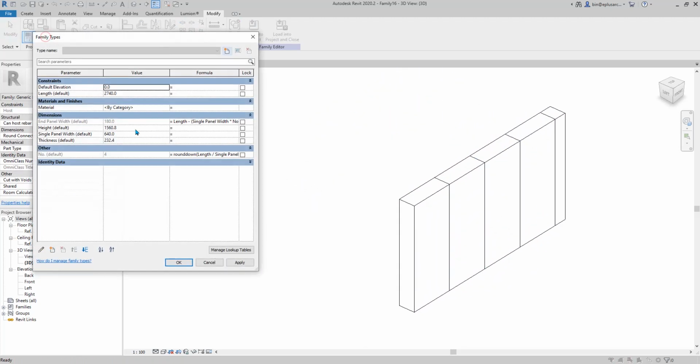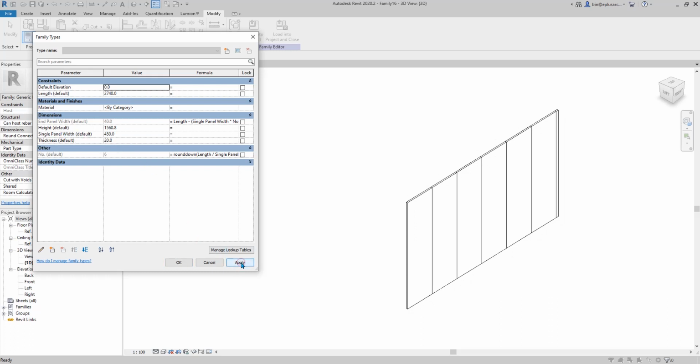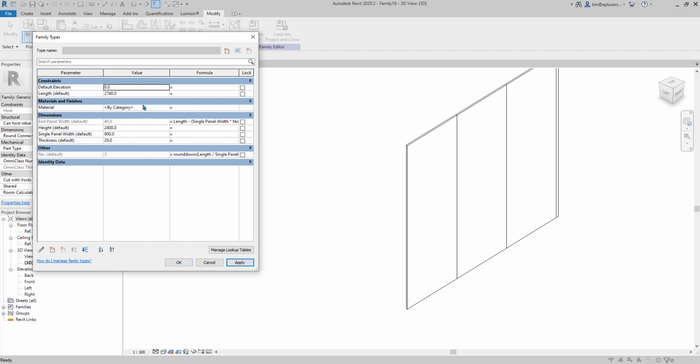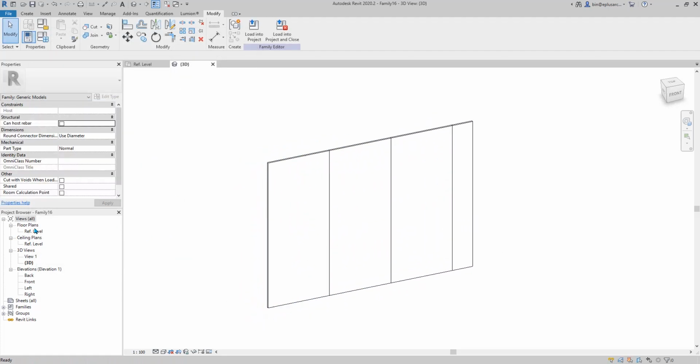So let's flex this family. Change the thickness to maybe 20. Good. Single panel width. Good. Height 100. Good. And if I change this, it looks okay, but